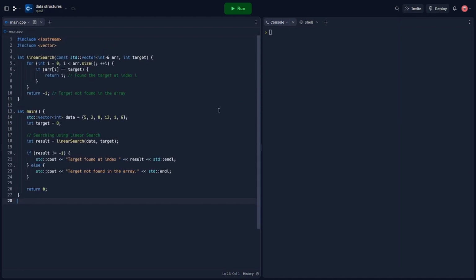In this code snippet, we include the iostream and vector header files. The vector header file provides a dynamic array-like container, and the iostream header file enables input and output operations. We define a function called linearSearch that takes a constant reference to a vector and the target value as parameters. This function implements the linear search algorithm. Inside the function, we use a for loop to iterate through each element of the array. We compare each element with the target value, and if a match is found, we return the index